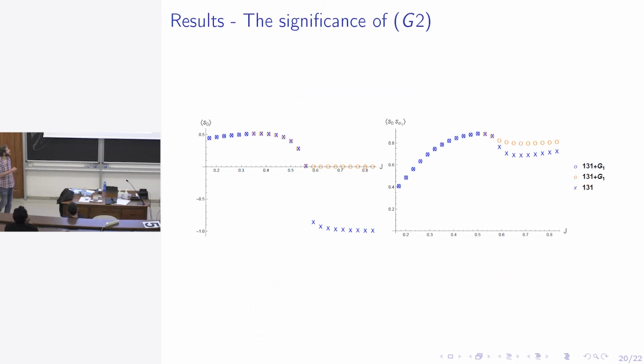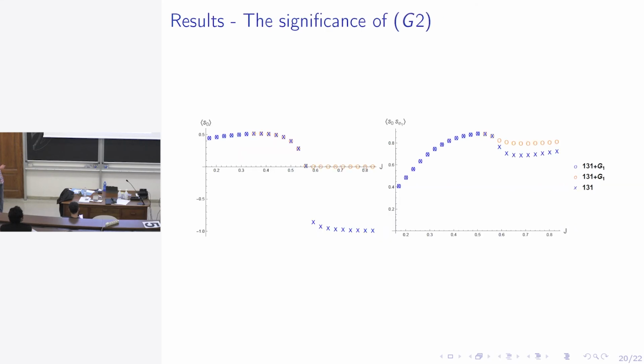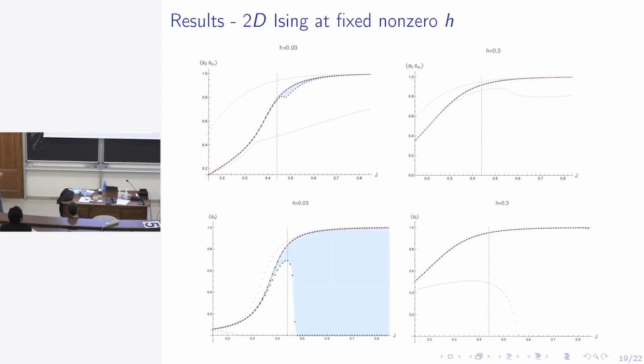So here, this is a plot that's supposed to show you the significance of the second Griffiths inequality for these cases. So if we look at the 1 and 2-point functions, this is also at some positive h. We see that